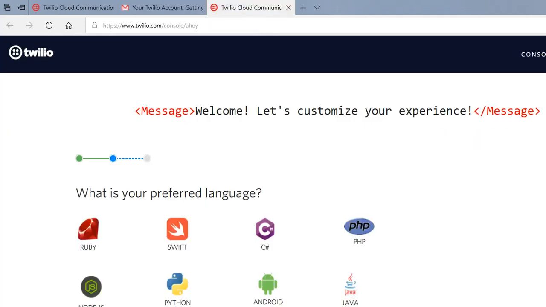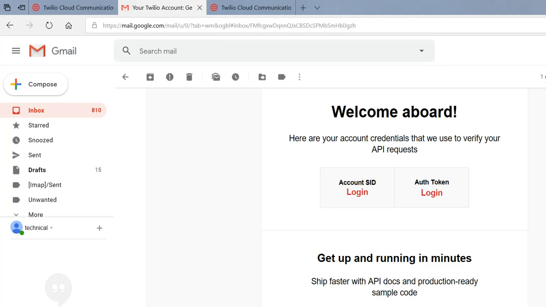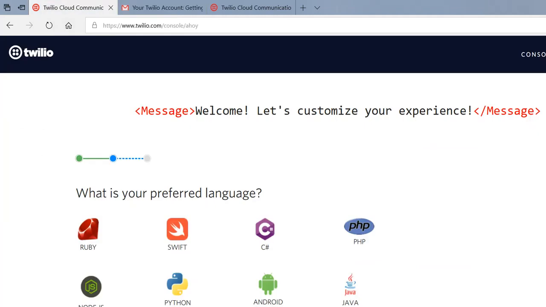Okay, once you log in to Twilio, after your registration and everything has been confirmed, you will get the account SID login. Once you click this SID, you will come to a page asking what your preferred language is, that is, in which language you are going to write the code